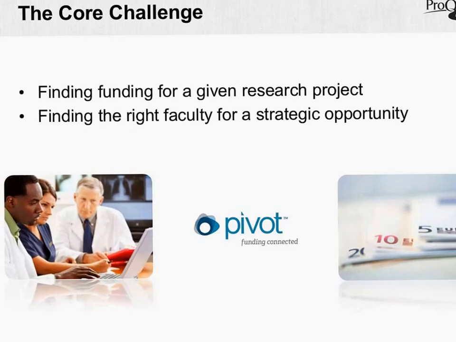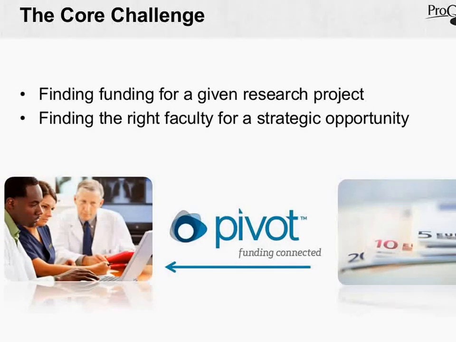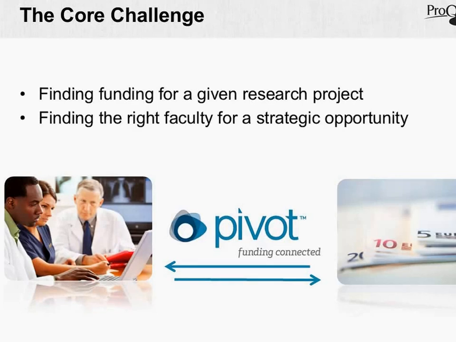Just a quick overview. I don't know to what extent many of you have worked with Pivot. You may have worked a little bit. You may have worked extensively. Some of this may be a refresher for you, but hopefully we can cover some things that might be new to you as well. Obviously, the core challenge and the rationale behind Pivot is to find funding for a given research project